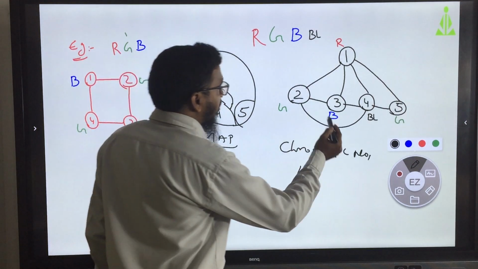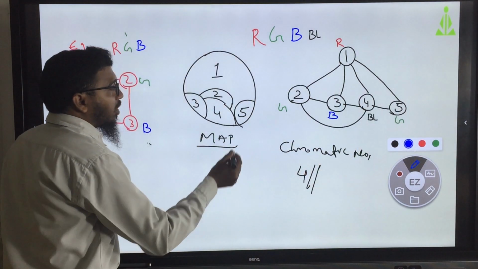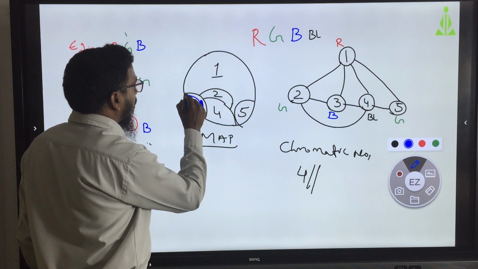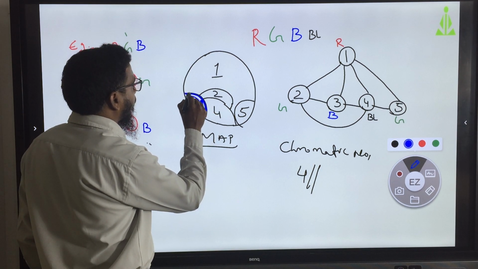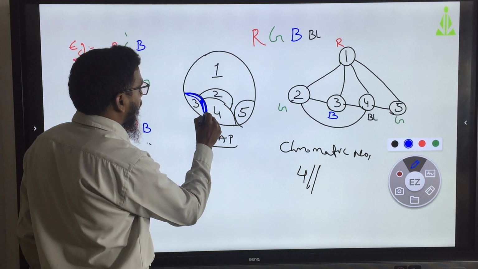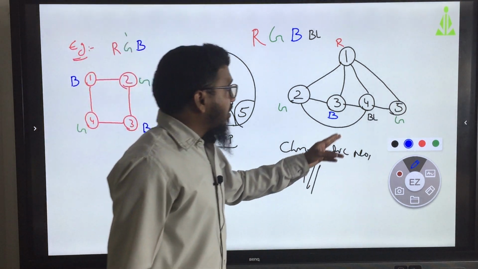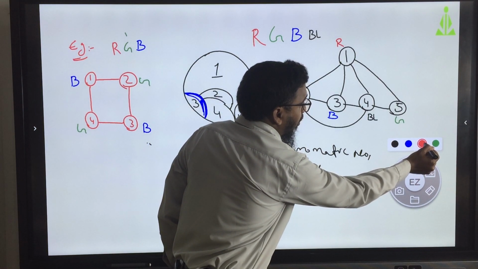So, if we change according to this, blue color is for 3. Next, for 1 is a red color.